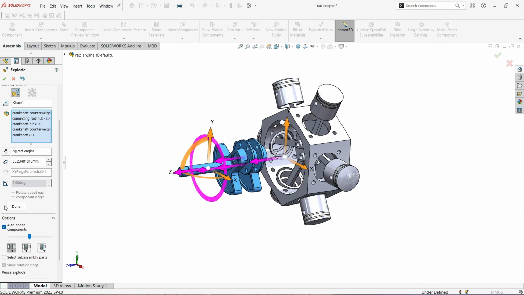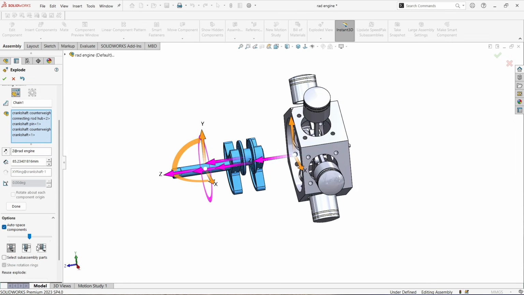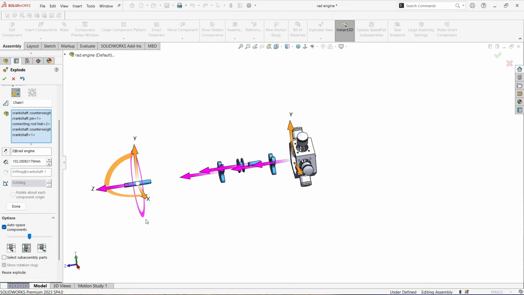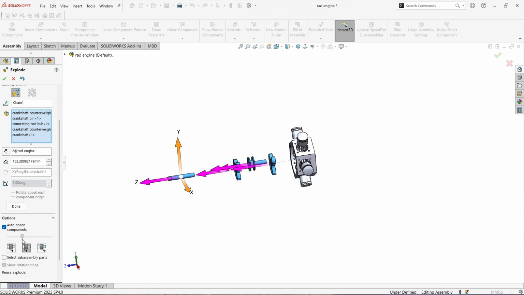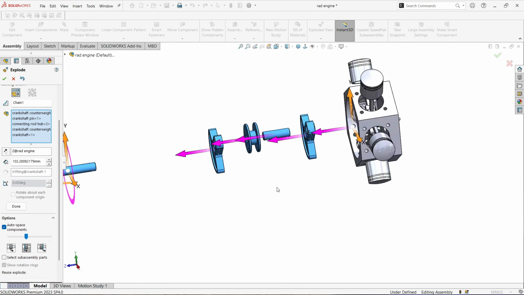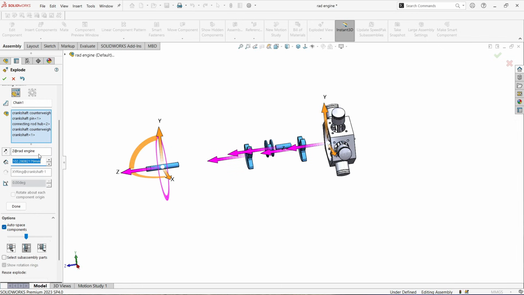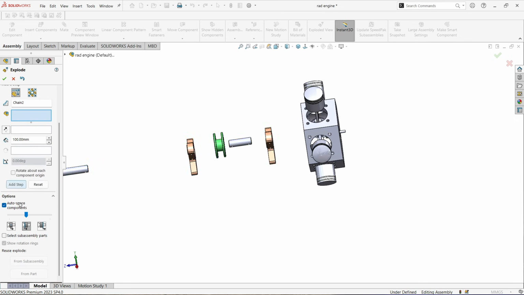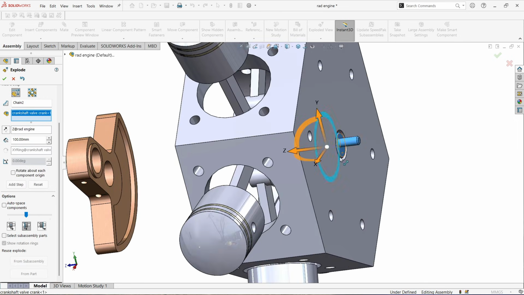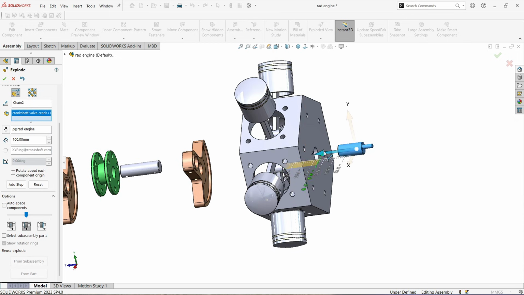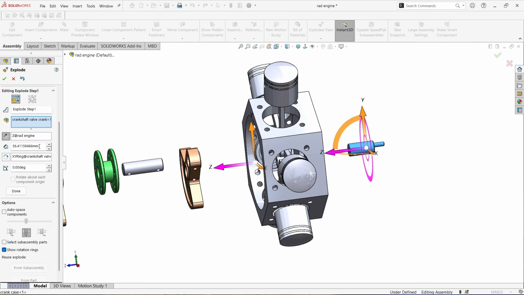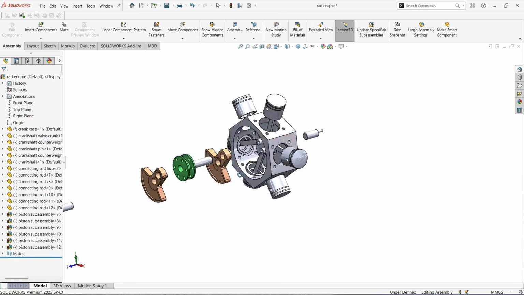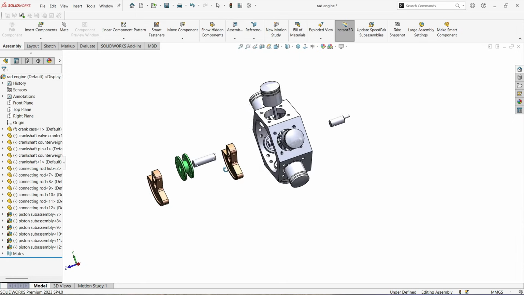Activate auto space components, and the parts will look like this. See? Minimize the distance like this. See? Make the distance 100 and done. Click this part, drag it out like this, and make the distance 80 and click OK. See? Now you have made an explode view like this,